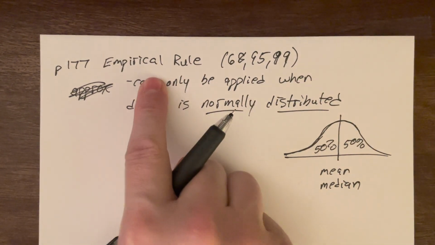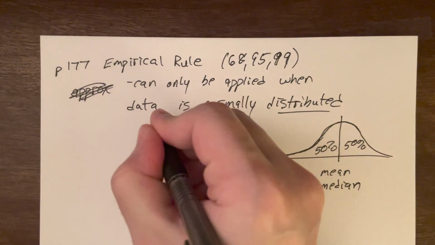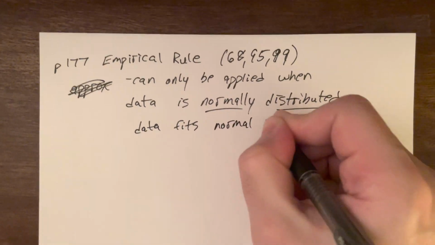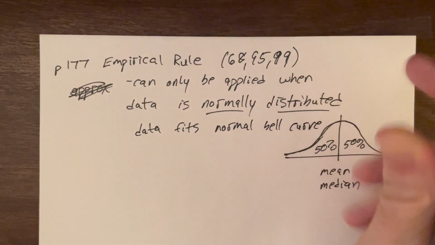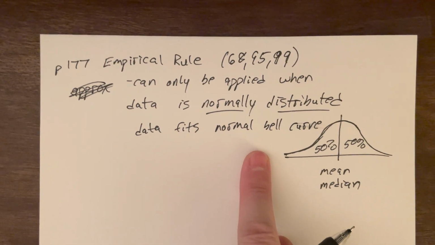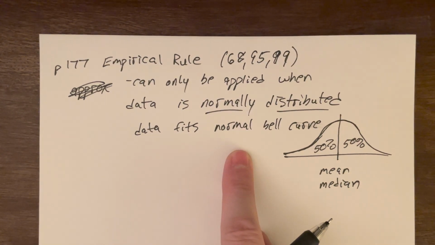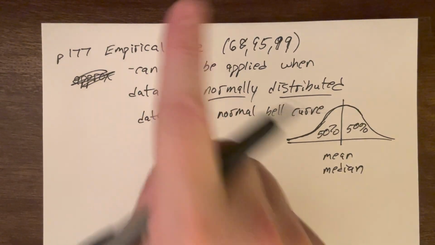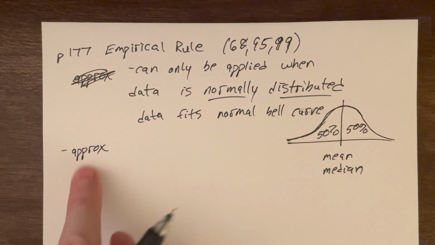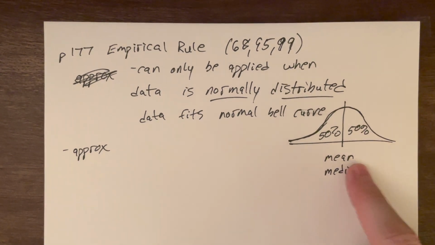That is the only way the empirical rule can be applied, if you have a normally distributed data set. If your data fits what they call the normal bell curve. So that's the only little synonym that could come up. Instead of saying normally distributed, they might say the data goes on the normal bell curve or the normal curve. But all that tells us the same thing. So what is the actual rule? There are 3 pieces to it. But again, we have to know it's normally distributed, because that gives us this nice symmetric bell distribution.